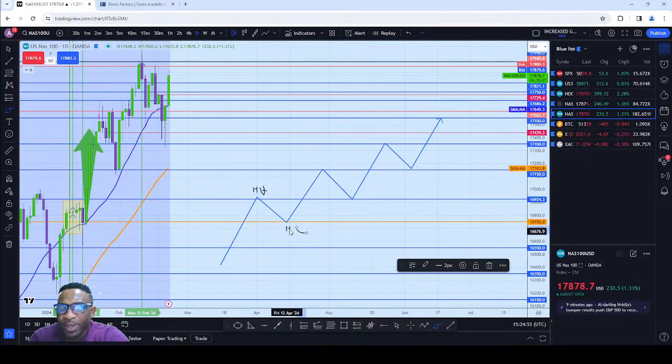And then if you compare this higher low, there is a low point here. So this low point it created is higher than this low here. Let me use the next one as a good example. So this is a higher low point and this is a higher high point. So if we compare this with this one, we have a higher point than this one, so it is a